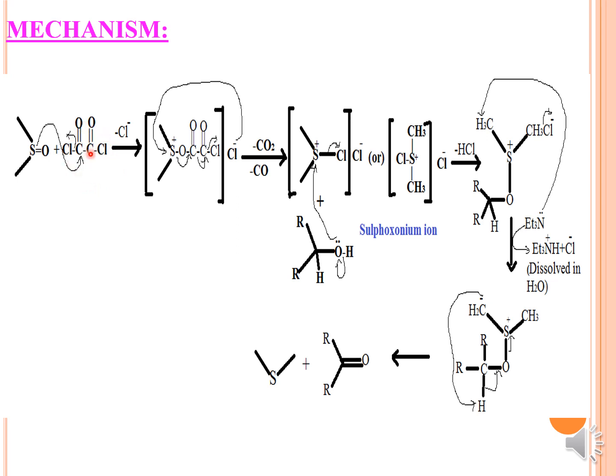Once we are treating it with the oxalyl chloride, the bond from the DMSO will go and attack the carbonyl carbon of your oxalyl chloride. Meanwhile, there is a cleavage of one of the chlorine atoms. So one chlorine atom gets cleaved out, and this structure you will get, that is your adduct formation. A sulfoxonium ion is forming over here, and then you have to write it like this.